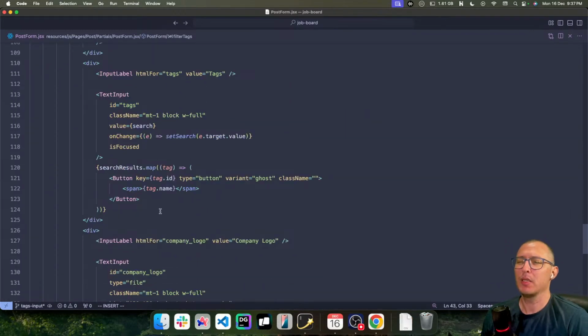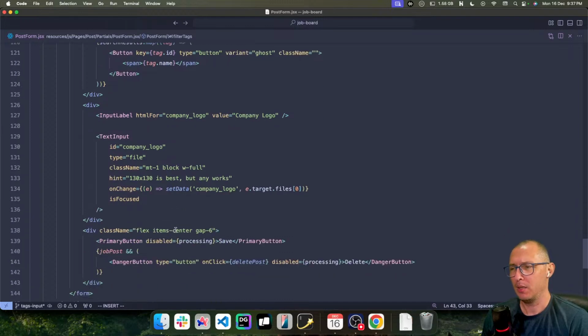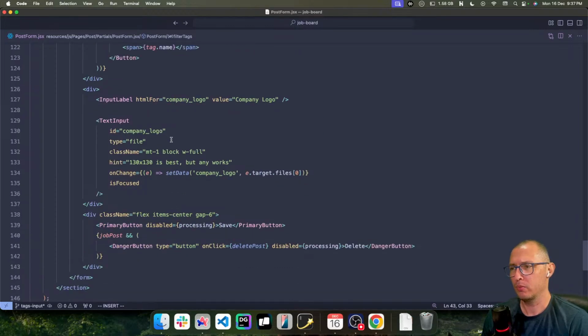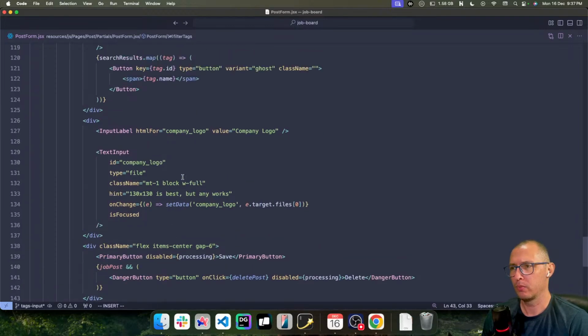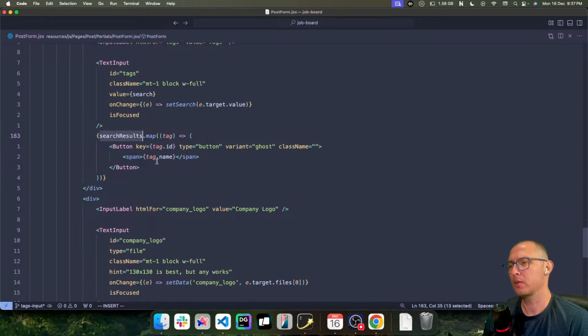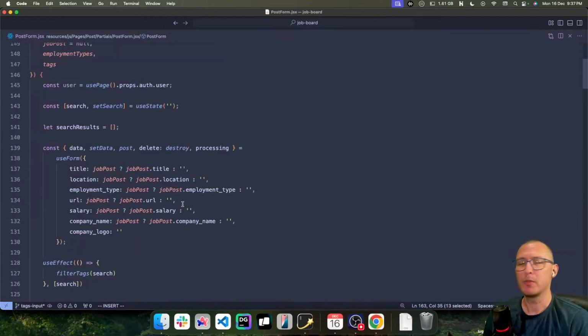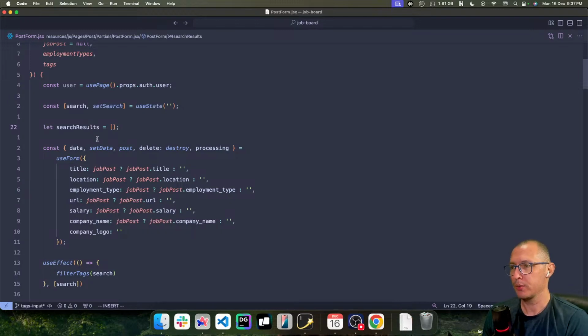I think I need to make this reactive. Am I wrong? I'm just going to try it and see what happens. So I'm going to go back to this being